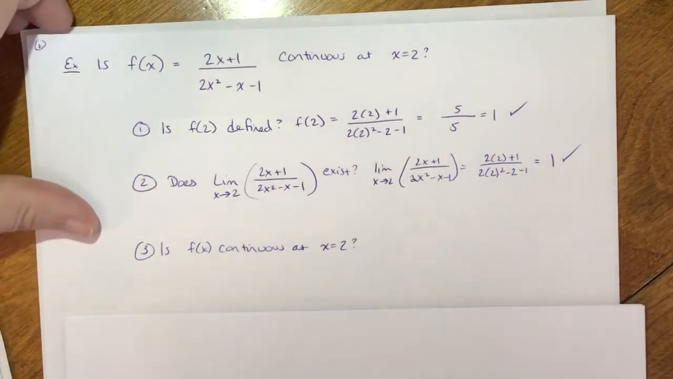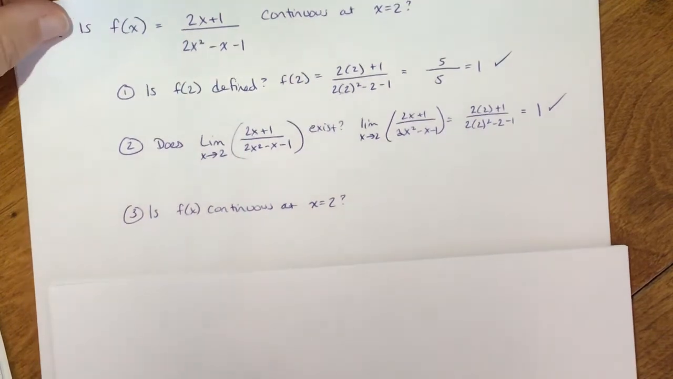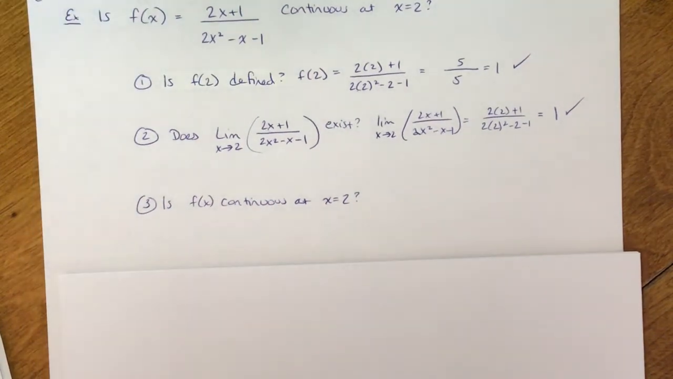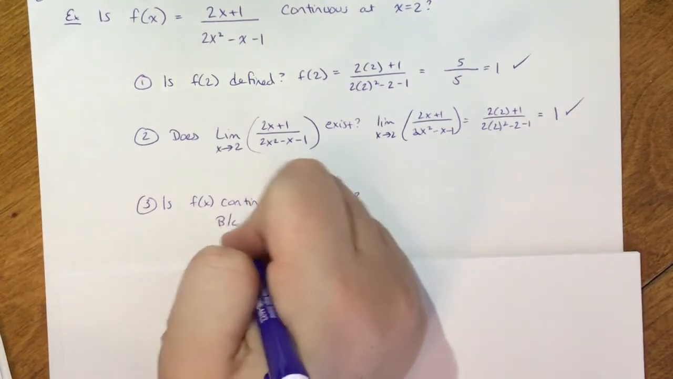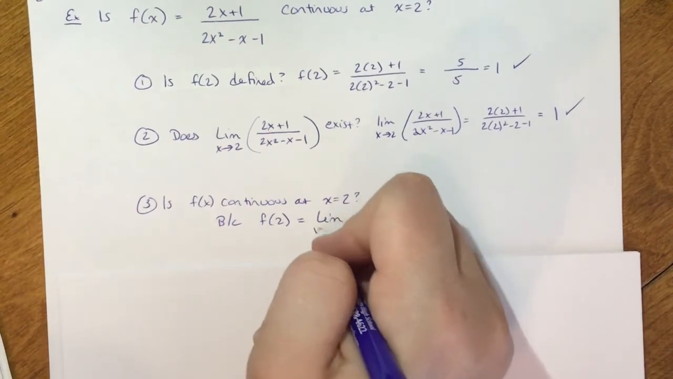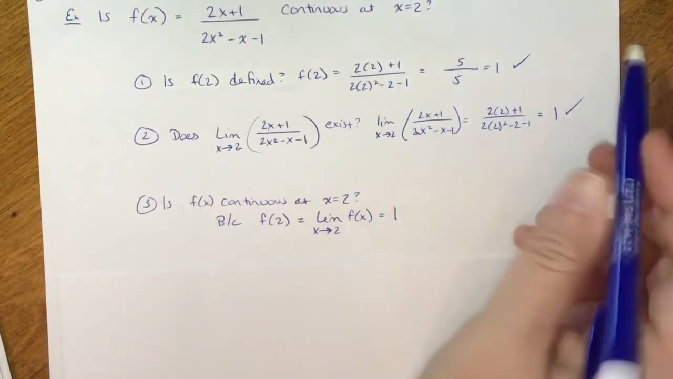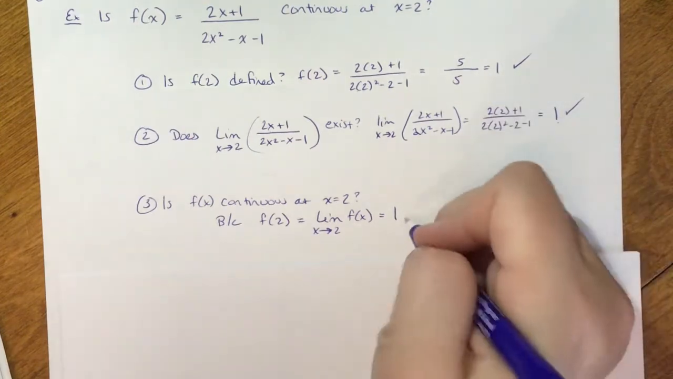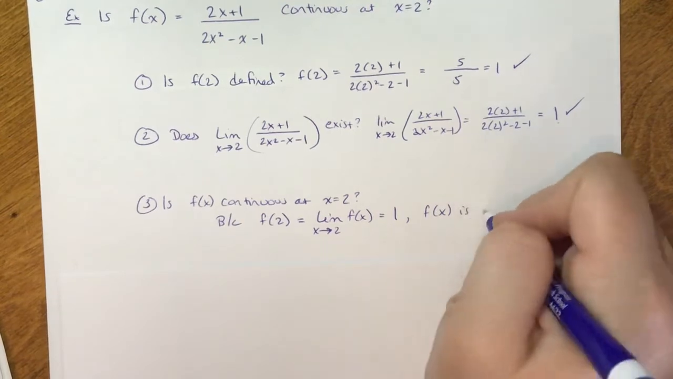So here's what I have to say, and we're thinking about how I would have to express this next year in calculus, since some of us are headed that direction, and that's what we're getting ready for here. So I'll say, because f of 2 is equal to the limit as x approaches 2 of the function, which is 1 in both cases, then f of x is continuous